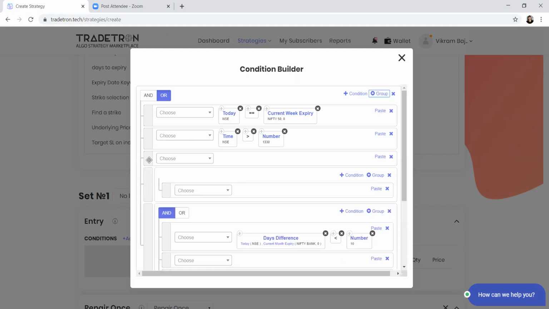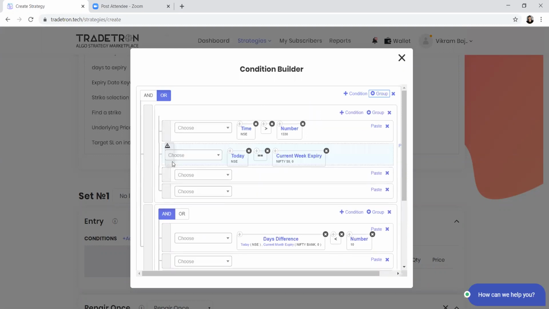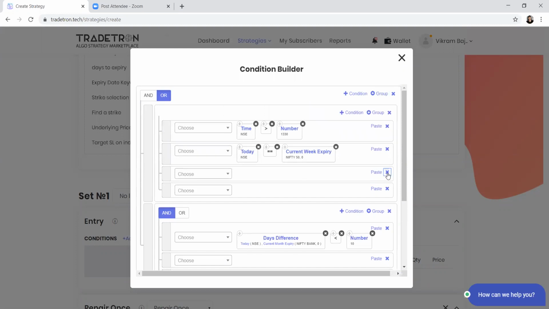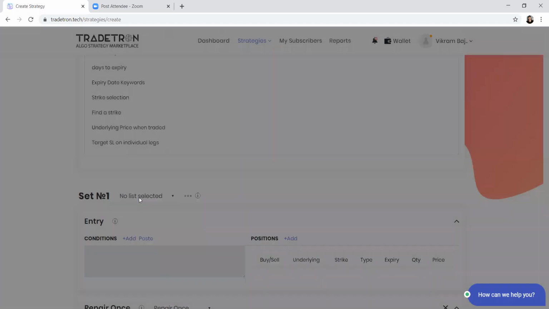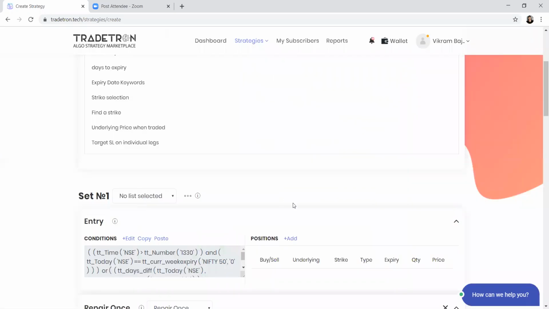Just add one more group, keep dragging your rules in this, make an and of this. So these two major groups are getting ored here, and these two individual rules are getting anded here. Like this you can create any rule, any condition, no matter how complex it is.